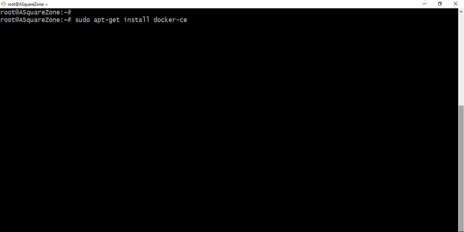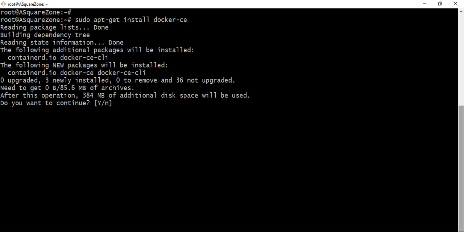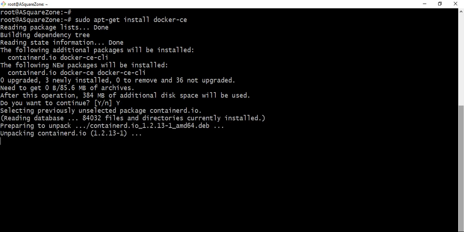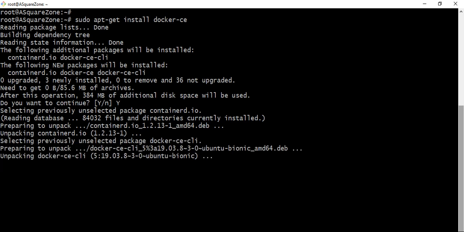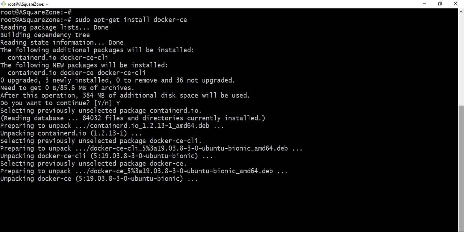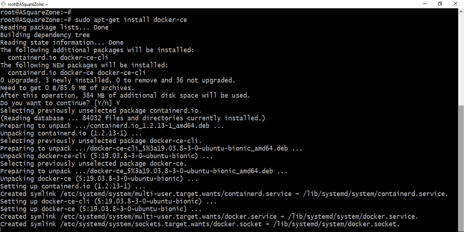While running this command, it is executed and it is installing the Community Edition on this instance. So now it is installing all the packages which are related to Docker. So these are the simple steps we have to follow to install Docker on our servers.